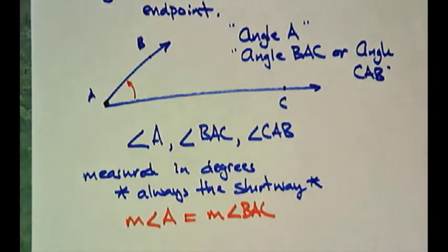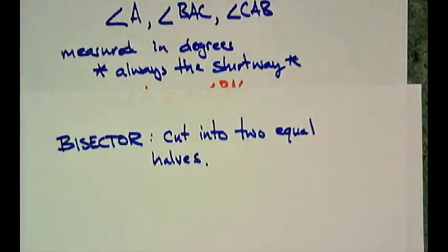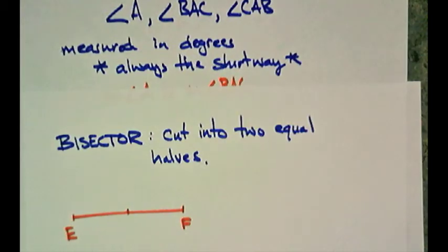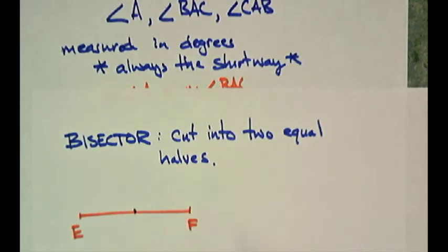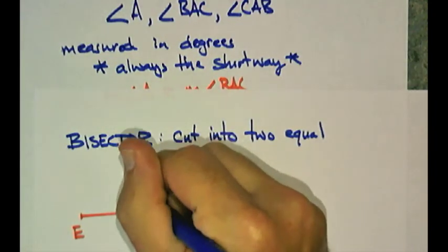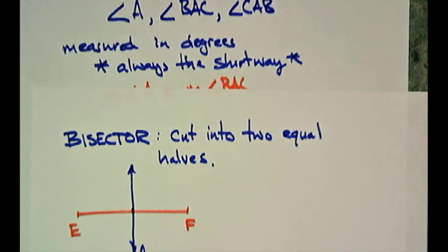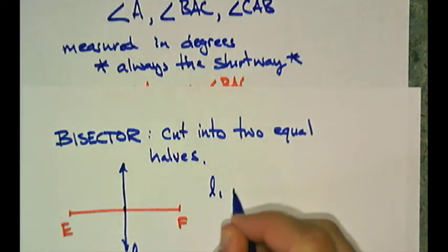Lastly, for this is the word bisector. And bisector means that we cut it into 2 equal halves. And I can make a bisector of a segment. I can make a point a bisector. A line can be a bisector. How about this? We'll make line 1 a bisector. Line 1 is a bisector